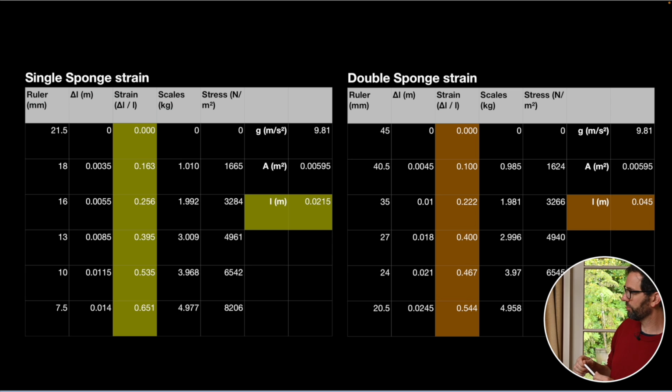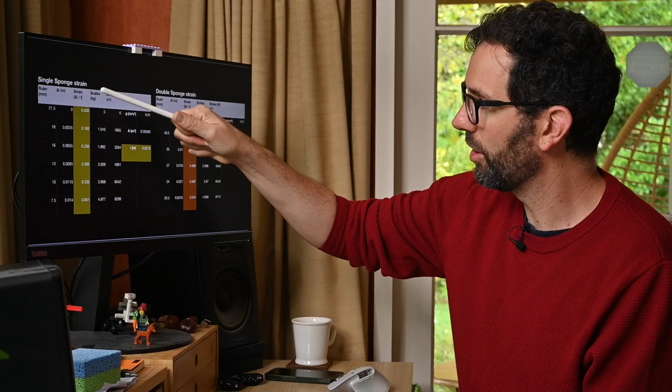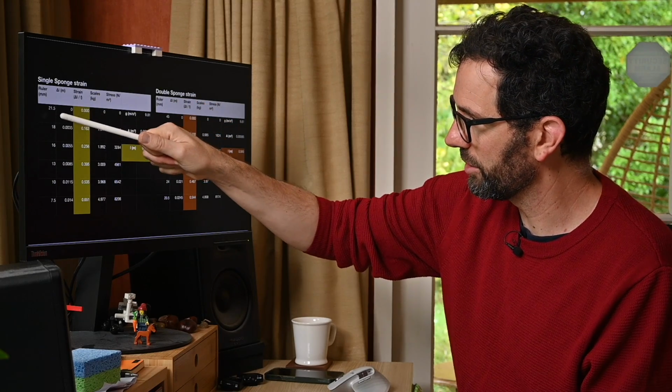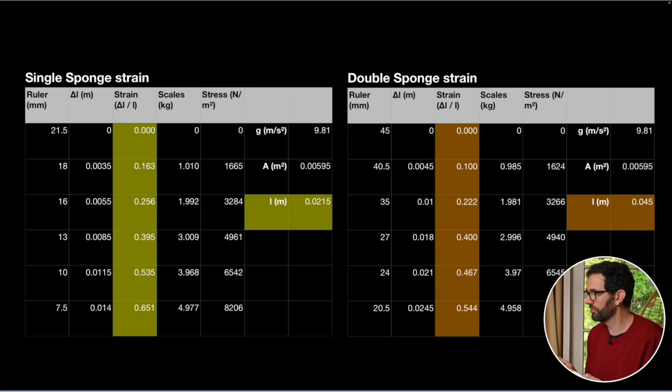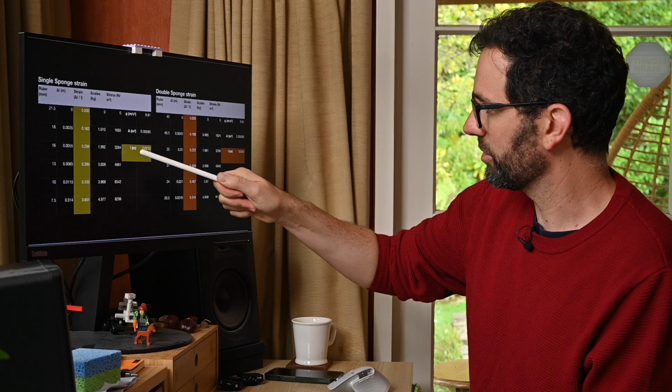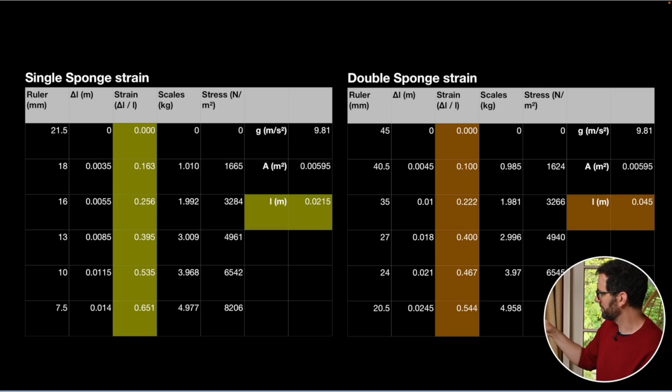So here are my results, and again you can see instead of having delta L, I've added an extra column of strain, which divides by the original length. Oh, other thing I should say, strains do not have units, because the units would be meters divided by meters, which is just what we call dimensionless. So you can see I've got my strains, and I added in my extra little entry for my length here in my spreadsheet. So there are my strains for the two experiments, and if we just draw stress versus strain